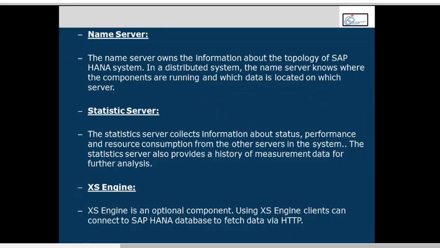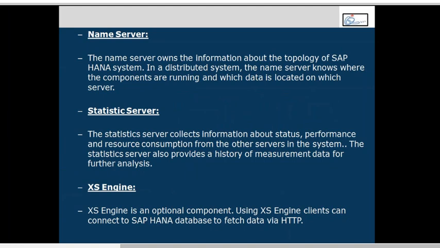Next is the name server. Now, I can install HANA as a single server, or I can install HANA as a distributed system. What is single and distributed? Single means single node architecture, with only one set of engines. If I go with distributed, I would have multiple index servers together contributing to the index, because I would like to have sizing like that. I would like to have 4 to 5 systems, or 4 to 5 index servers, together contributing as one index server.